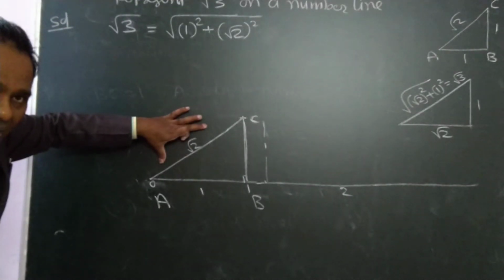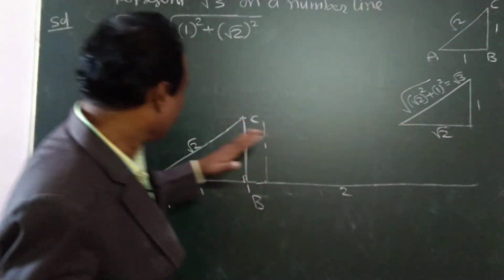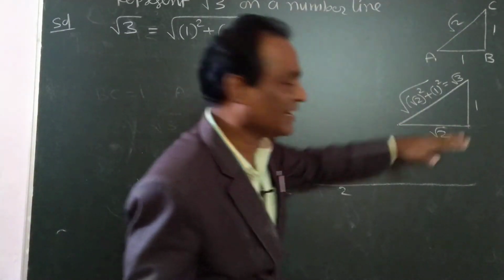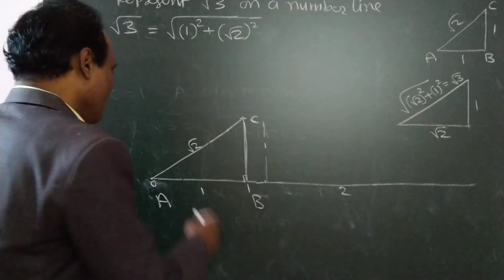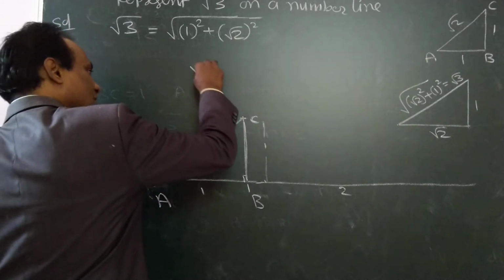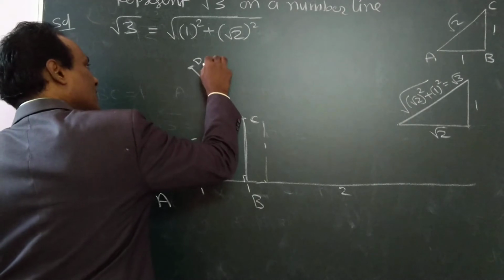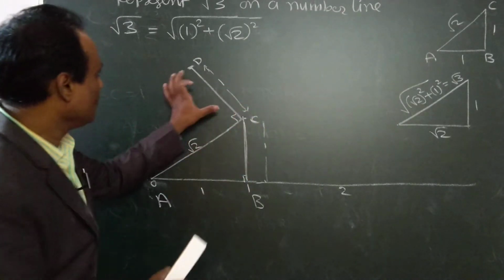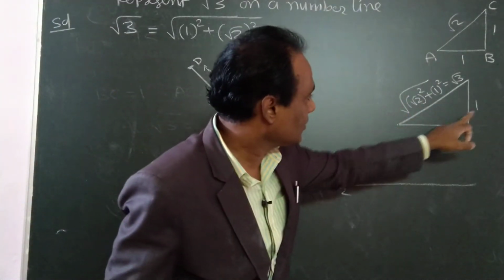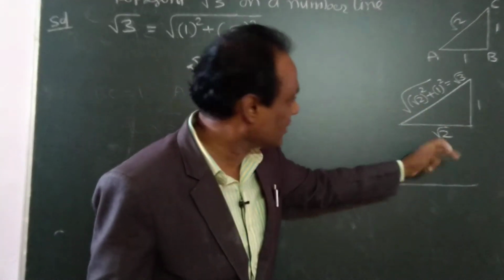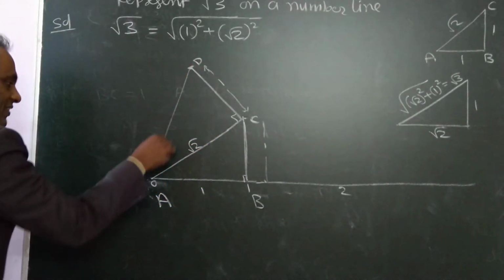This is root 2. I will use this root 2 as this side. So I will take only 1. That's all. Root 2 is this side only. I will draw a perpendicular line and I will take a point D. This I will take 1. See, 1. Taking root 2 separately is very difficult, same root 2 already we have. So I will take that and I will construct a triangle like this.